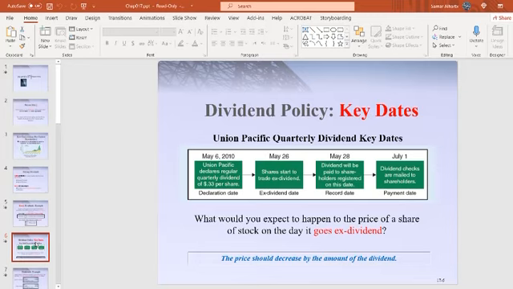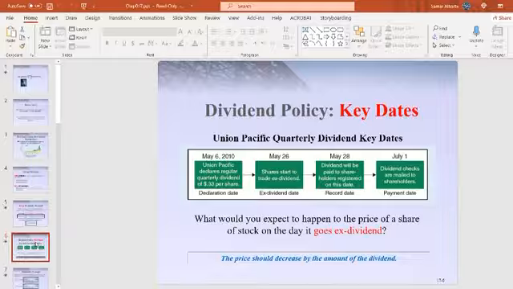Because we have many shares in the market, right? Everyone is buying and selling every second. We need to know to whom we should pay, right? We put a due date, as I said. Then, as I said, you receive the payment if you are the owner before the due date, right? But if you are the owner after, you don't receive the dividends. You will receive it next year.